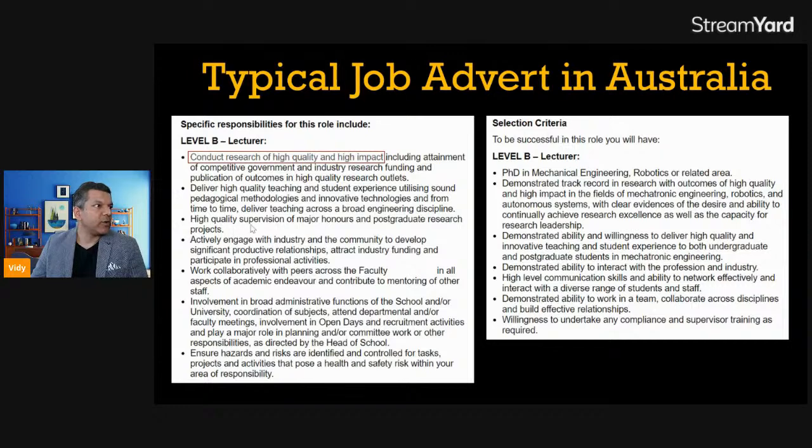The next thing is high quality supervision of major honors and postgraduate research projects. So during your PhD, if you get an opportunity to supervise an honors student or a master's student, do take that opportunity, because that will tick one more box in your capability, and that is you have the ability to do supervision. And you can be a little bit strategic about